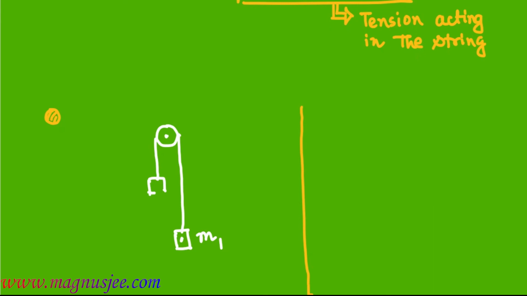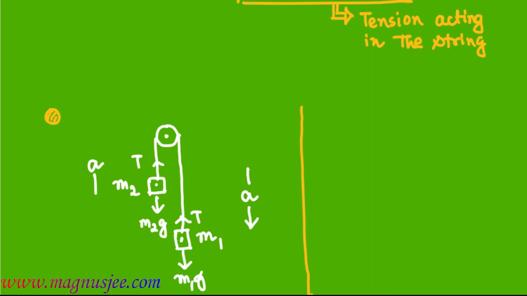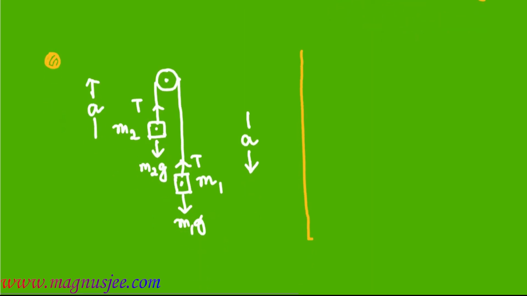Now we can compare this case with the general case where two bodies are connected by a string and the string is passing over a frictionless and light pulley. In this case, two bodies are suspended by using a pulley, and the two bodies are tied to the ends of an inextensible string. M1 and M2 are the masses of the two bodies which are suspended, and the string is passing over a pulley. M1 g is the weight of the body of mass M1. T is the tension acting in the string in connection with the motion of the body of mass M1, and for the body of mass M2. M1 is moving downwards with acceleration a, and M2 is moving upwards with the same acceleration a.